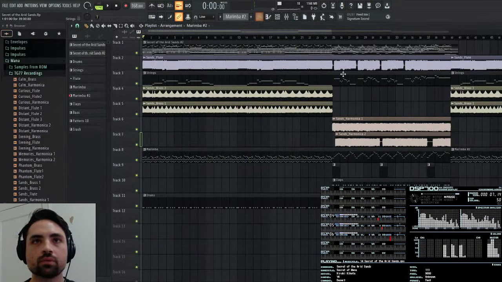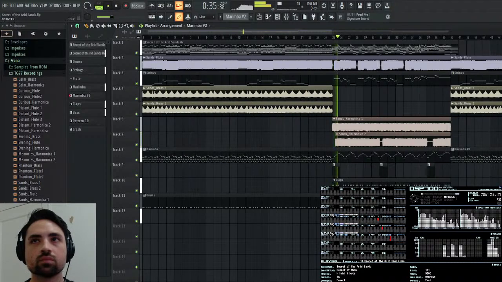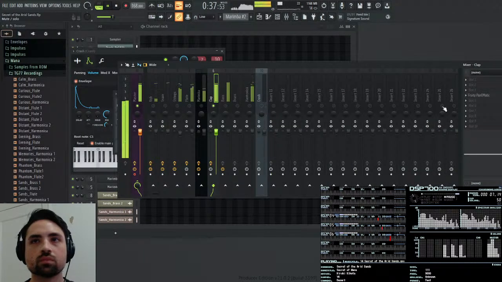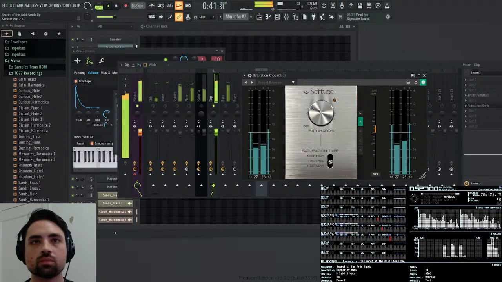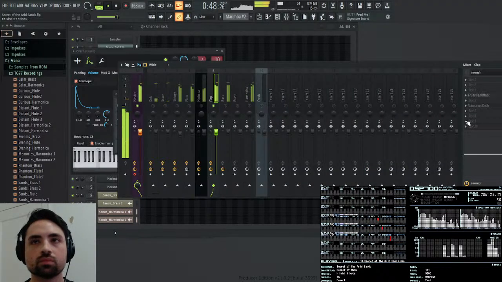Now the clap. I do want to saturate that and compensate for the volume. Give it a little chorus.